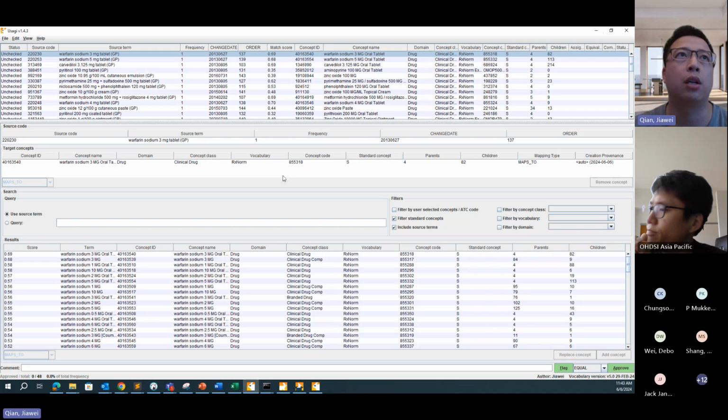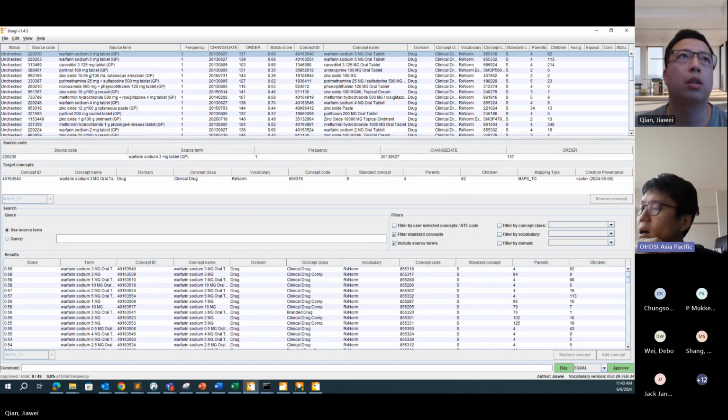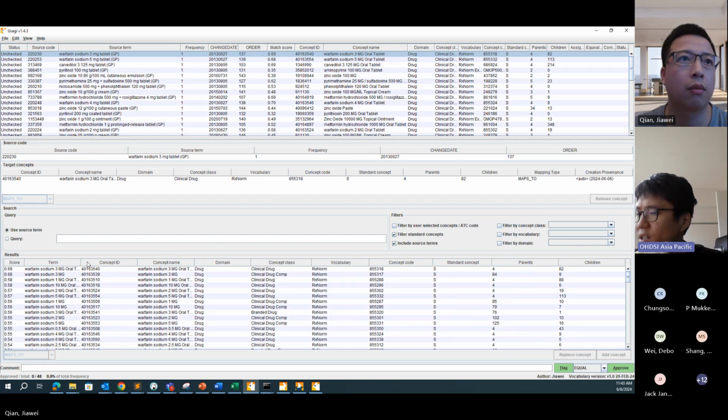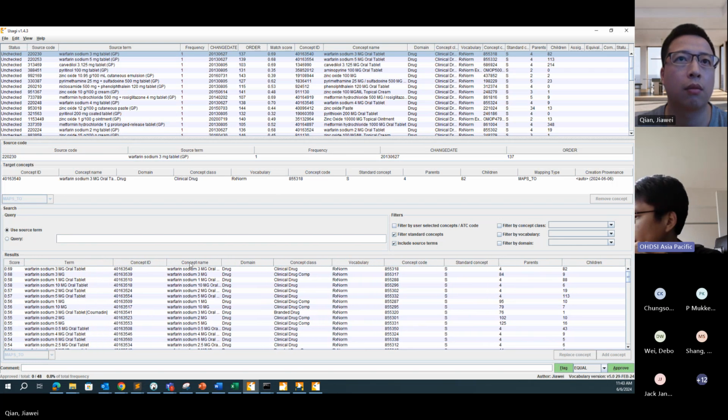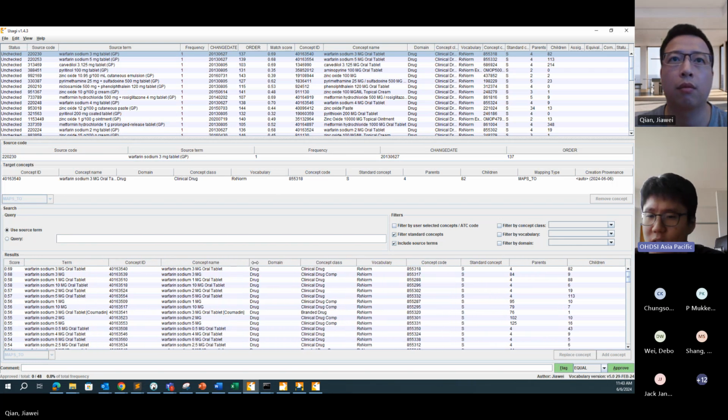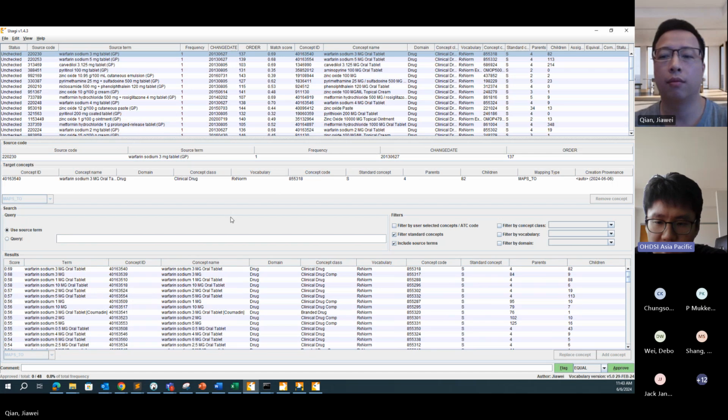So this is what I have done. Sorry, Jiawei. For those of you who don't know, CPT4, yes, it can be used. It's not a problem of the license of using the vocabulary itself. It's about distributing the vocabulary. So Odyssey doesn't have the license to redistribute the vocabulary. That's why the Odyssey vocabulary team cannot pre-incorporate the CPT4 vocabularies into the concept